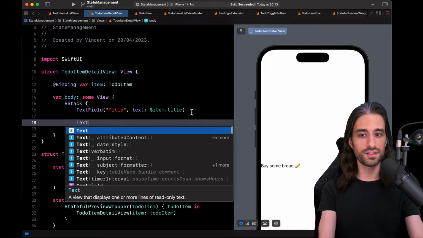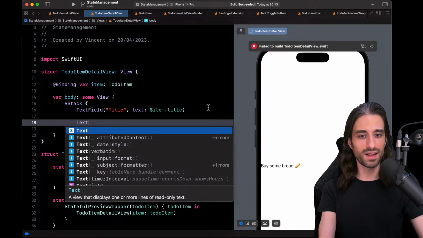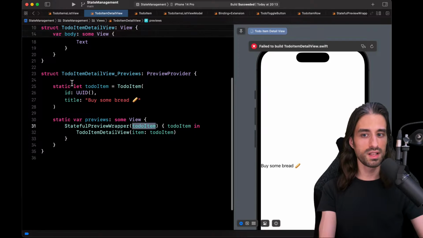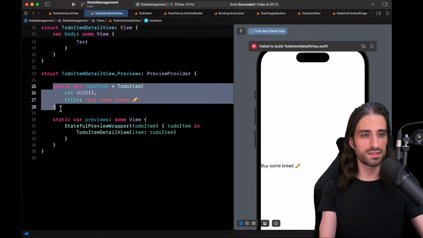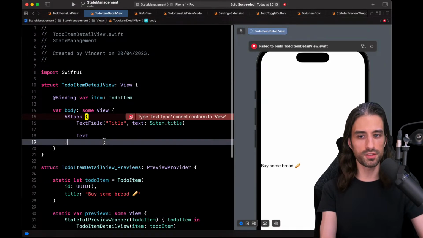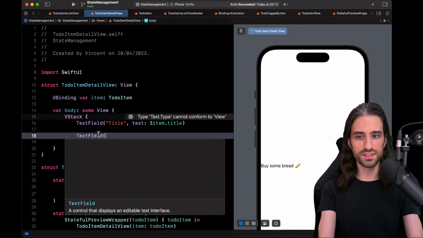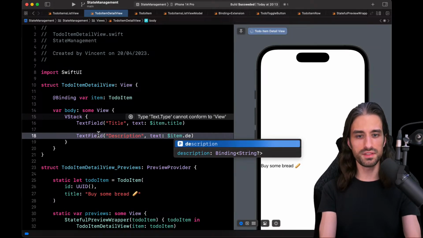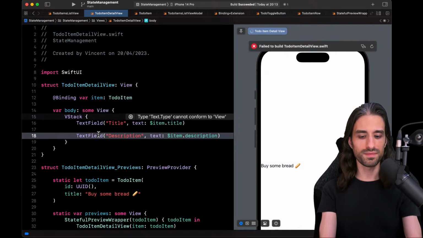Let's add now our second text field. You can see that now all the text is back. There's a good reason for it. It's because the initial value is this static property right there, and so whenever the preview gets re-rendered, we will go back to the default value. But it's good, it's what I want for testing, so it's no problem at all. So let's have the second text field. This time it will be the description for its title, and so for the text it displays, it will be a binding, but this time on the description.